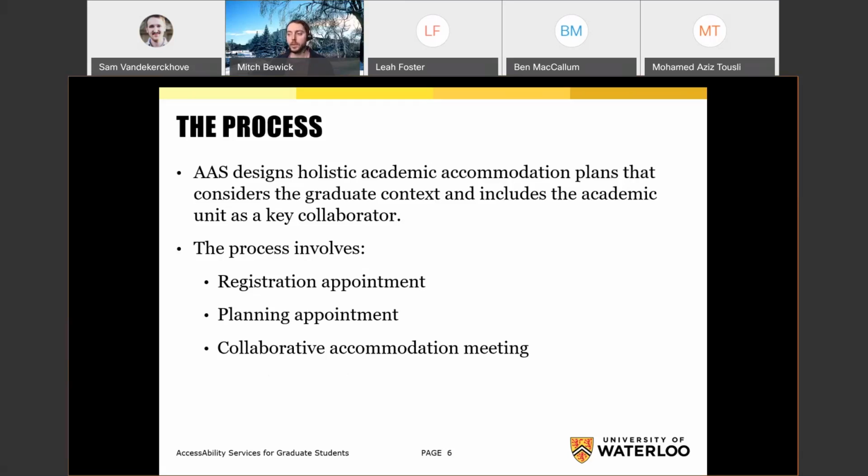So the registration appointment is the first step that students are usually in contact with our office, to help us matriculate them into our system and help inform them of the supports and resources that we do have. The next appointment would be, and I'm going to talk a little bit more detail about this,